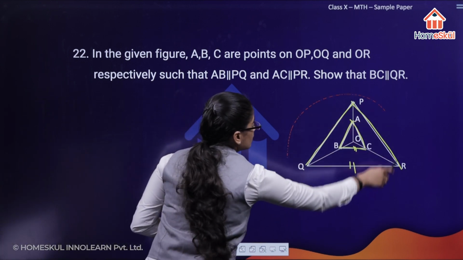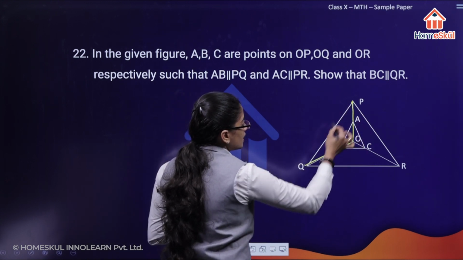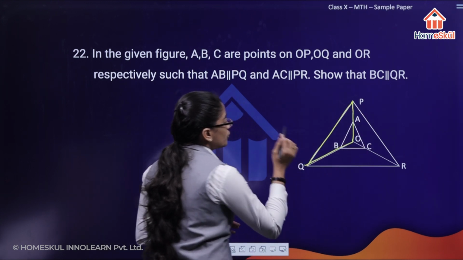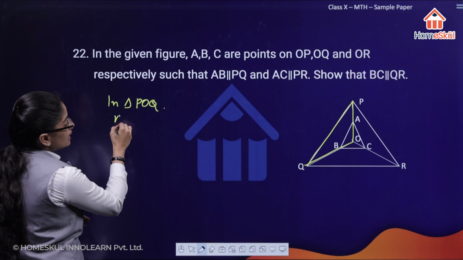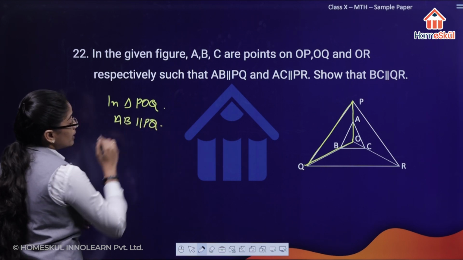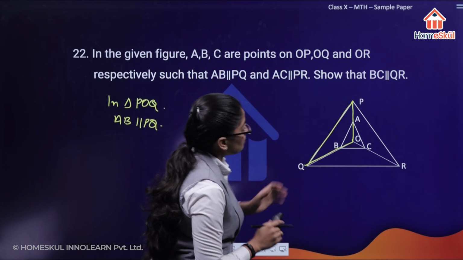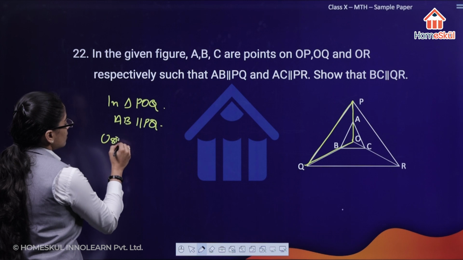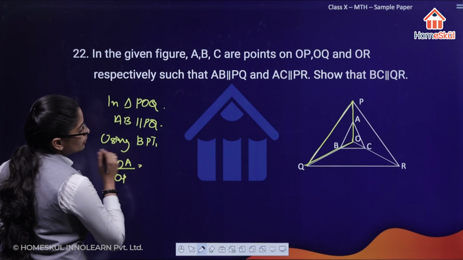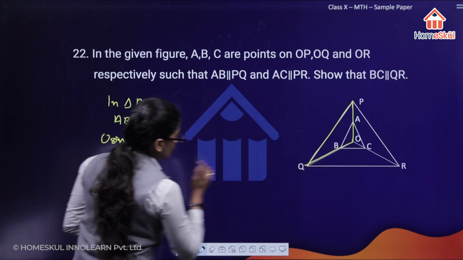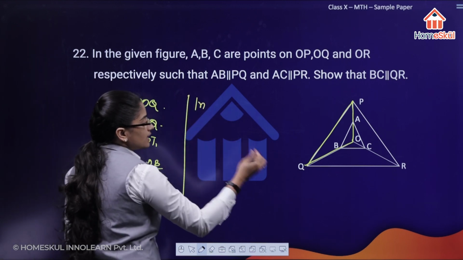Okay. So considering the triangle, let's consider this triangle. In the triangle POQ, it is given that AB is parallel to PQ, right? Then using BPT, basic proportionality theorem, we could say that OA by AP is equal to OB by BQ. Similarly, in the other triangle,